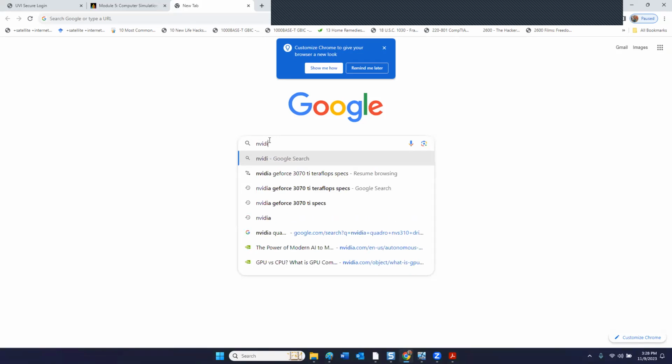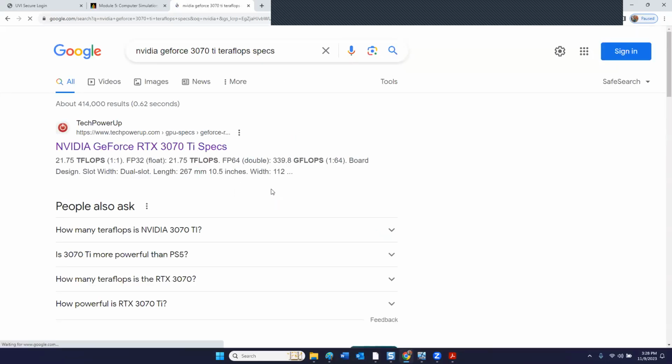So NVIDIA, yeah. So this is a common 3070. This is not an expensive video card. Is anyone familiar with NVIDIA as a brand? Yes, it's a GPU unit. Right. So if you look at this thing,